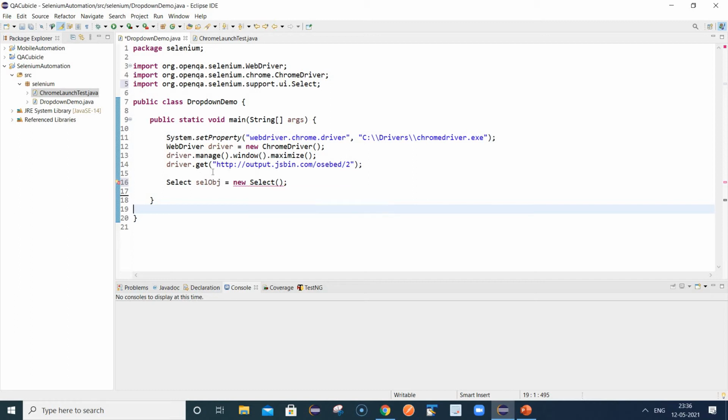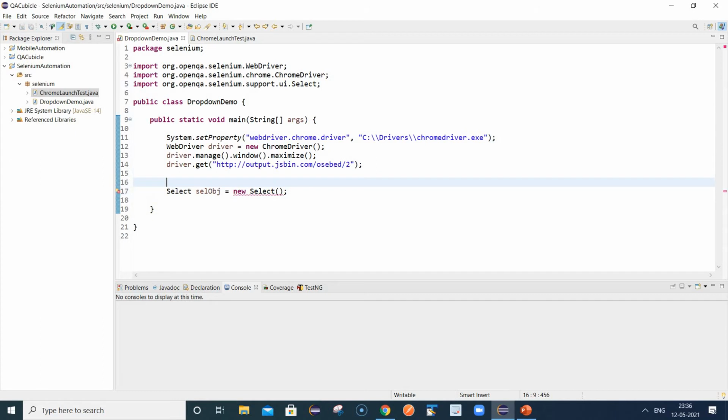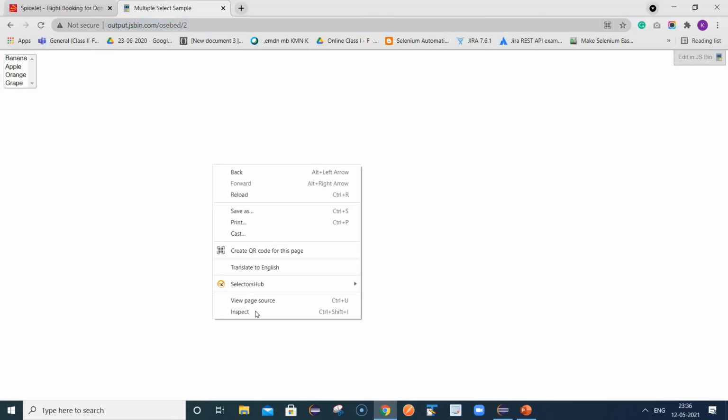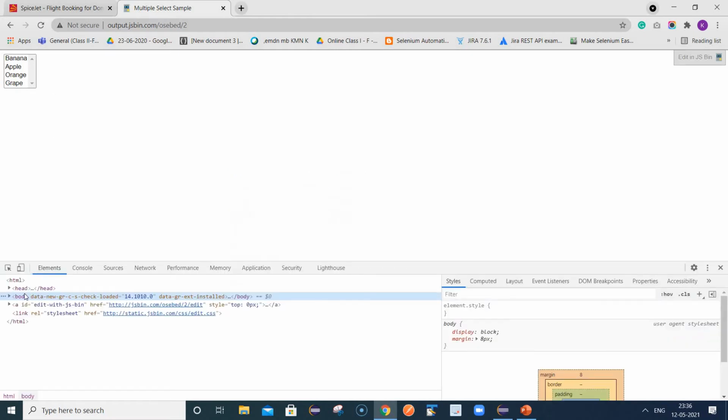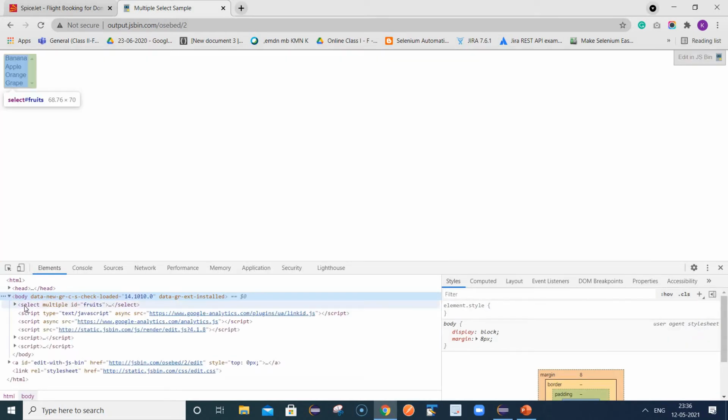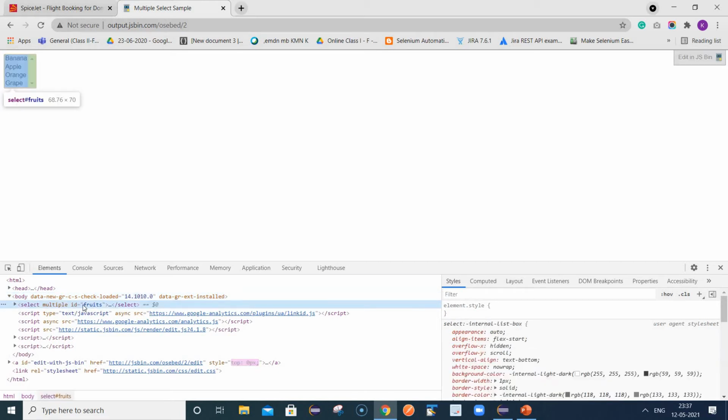This error is coming because it is expecting one web element here. So we need to identify the XPath for this component. We can see here also the same kind of tag, starting with select. That means it is a static drop-down list. Now I need to identify the locator for the same.